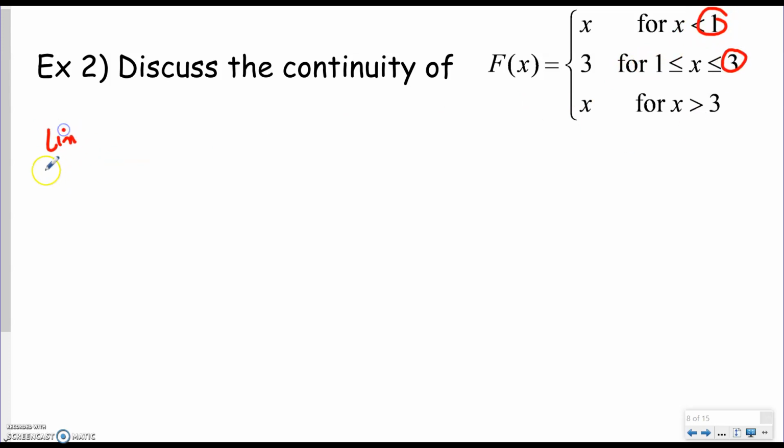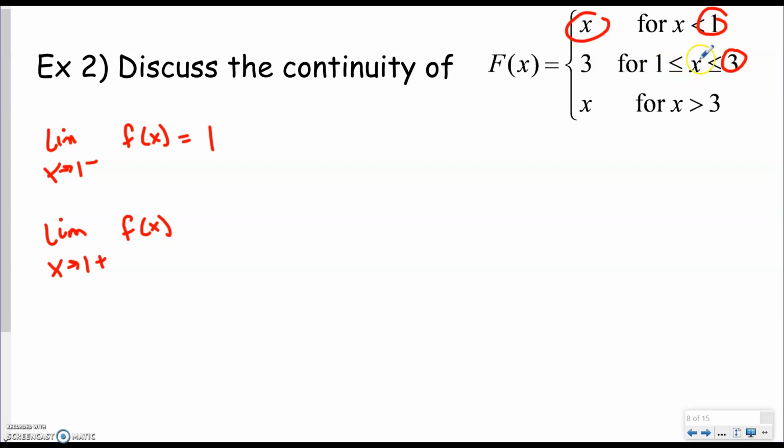I'm going to look at the limit as x approaches 1 from the left of f of x, and the limit as x approaches 1 from the right of f of x. Now, if I'm going from the left, that means x is less than 1, so I have to use this here. So what I'm going to do is just plug the number in. I get 1 there. If it's coming from the right, we're looking at this one, because that's where the numbers that are bigger than 1 are going to be. And since this is a constant, our limit is 3. So we know the left-handed limit is 1, the right-handed limit is 3. That means there's a jump discontinuity